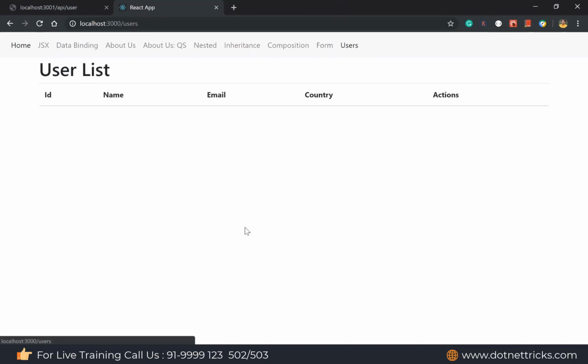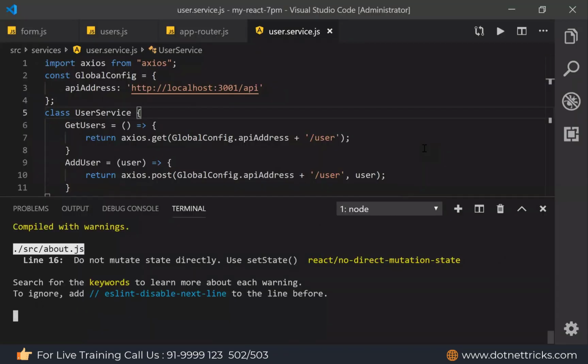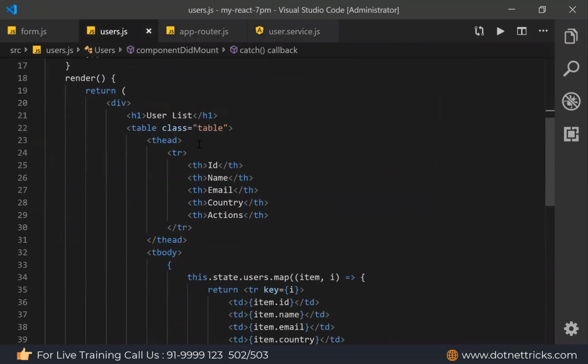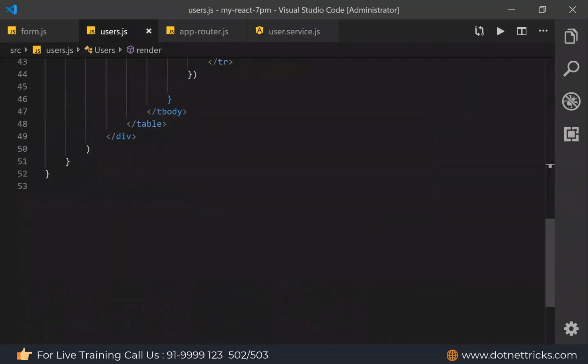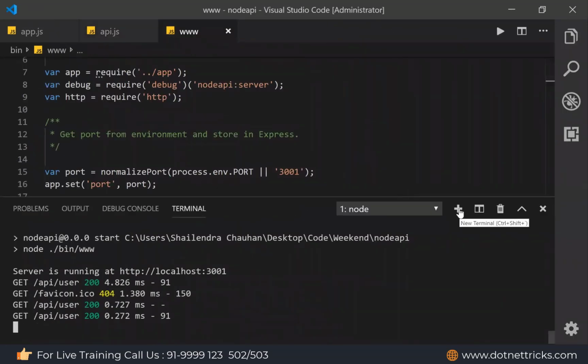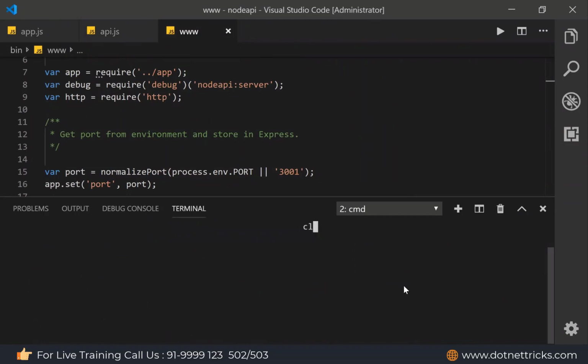Now let's see how it is working. In the user sign up page, you need to mention className over here. Both are running on different port numbers. For Node, you need to install a CORS package. We need to enable CORS: npm install cors.